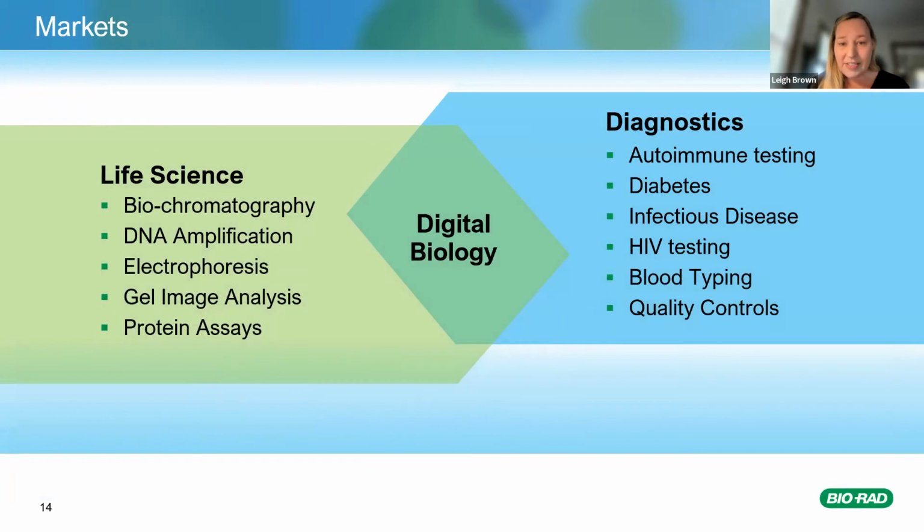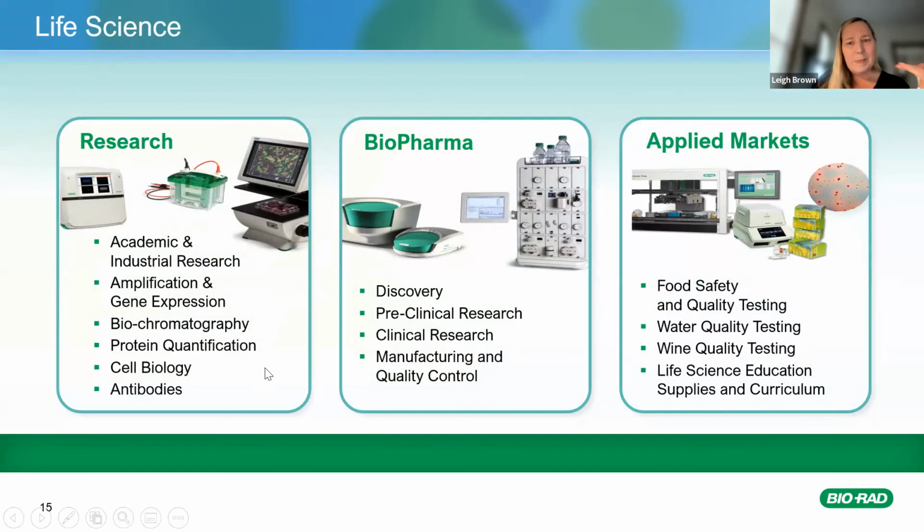So we do a lot with life science. Those are the researchers in academia, at the CDC, all that, and at different companies too, Genentech and those kinds of companies. And then we have a diagnostics group that supplies different equipment and consumables for health science. So I'm not going to spend a lot of time on this, but this is kind of our life science,